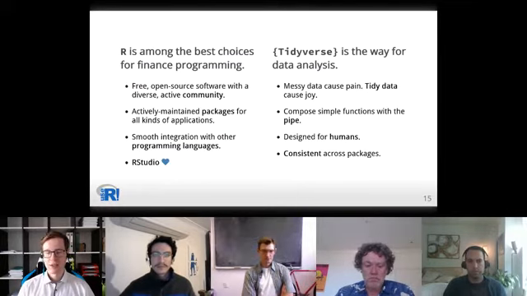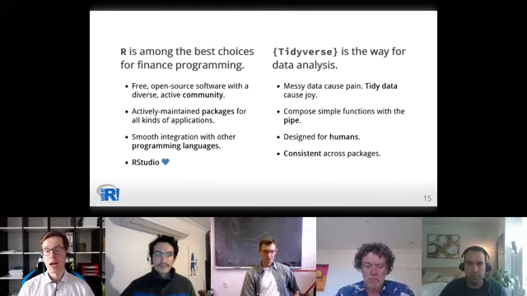The community is just amazing. We have packages that cover a lot of ground that are also very needed for finance applications. If you're worried about speed or things like this, the integration of other programming languages is very smooth, and well, RStudio deserves love by everybody, I would assume.